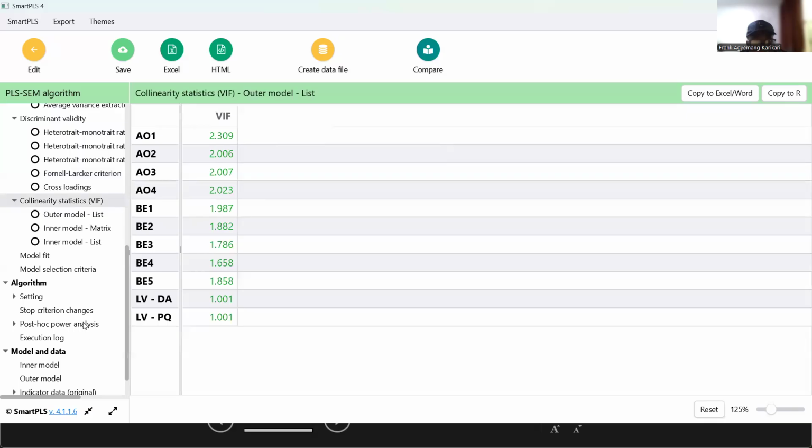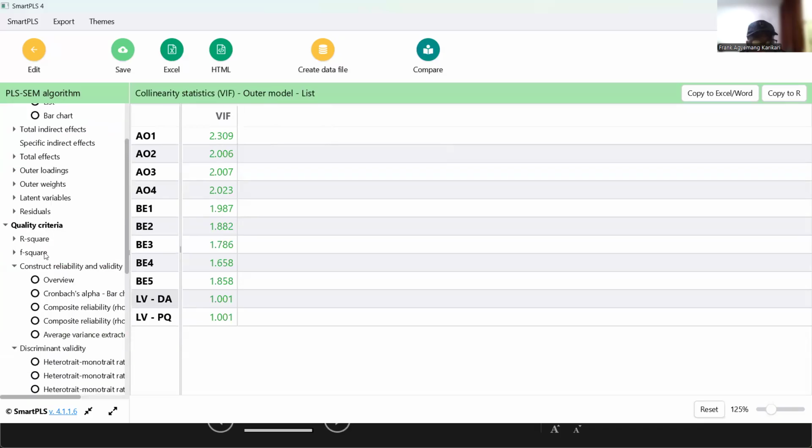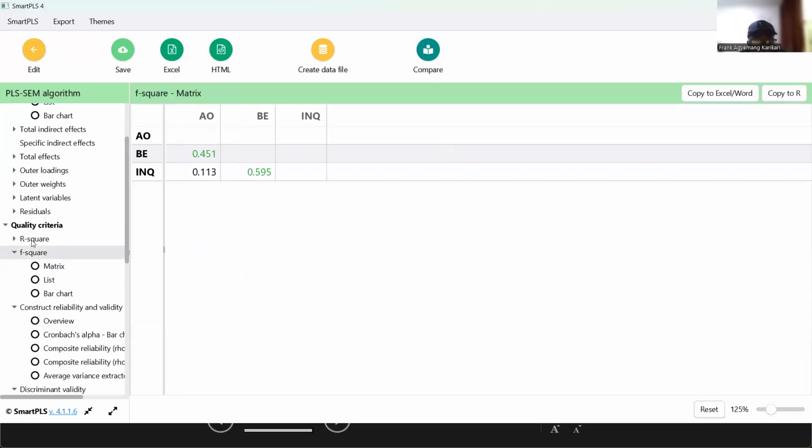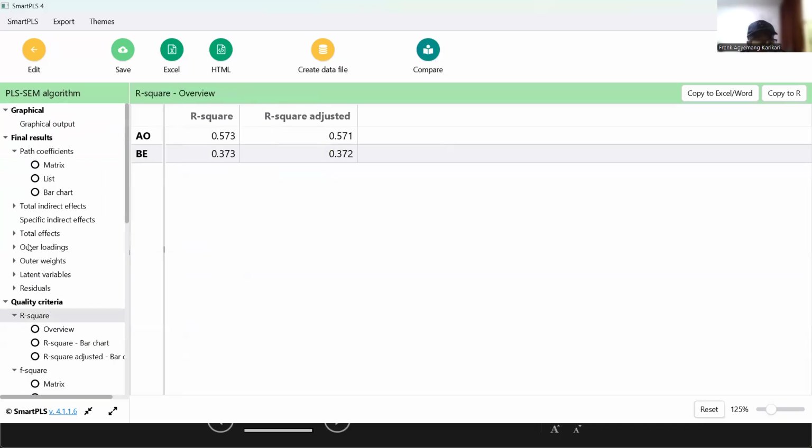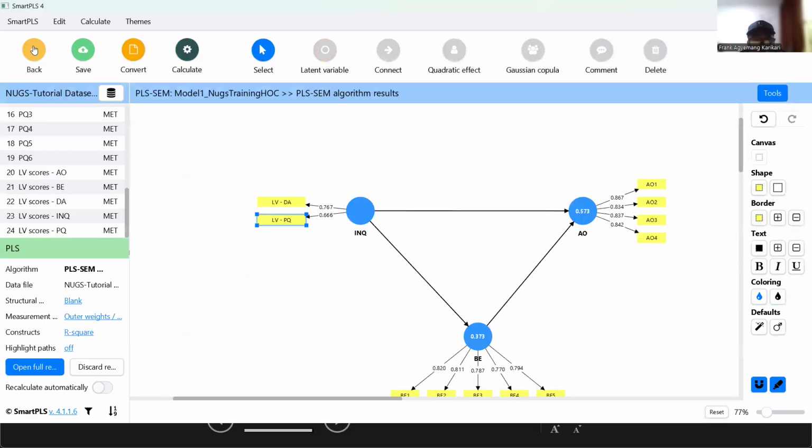VIF are all met. So with this one, we are looking for the VIF of DA and then PQ. Look at this. You realize that it is 1.0, which is very low. So this indicates that there is probably a misclassification or something like that. And this is the R square. So basically, that is how we go about the repeated indicator approach